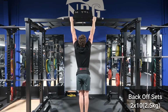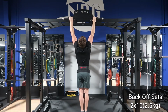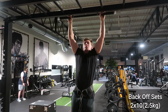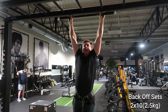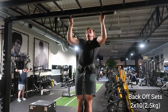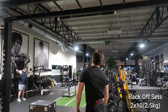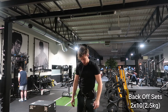And I'm not gonna lie guys, I'm actually very happy to jump into some more strength work over the next few weeks, because doing pull-ups in this rep range actually is still quite challenging for me, and I really don't enjoy working in this rep range as much as I like to do strength work. However, I still get a massive pump in my lats and my biceps when doing these high rep range sets, and I'm trying to make the very most of it